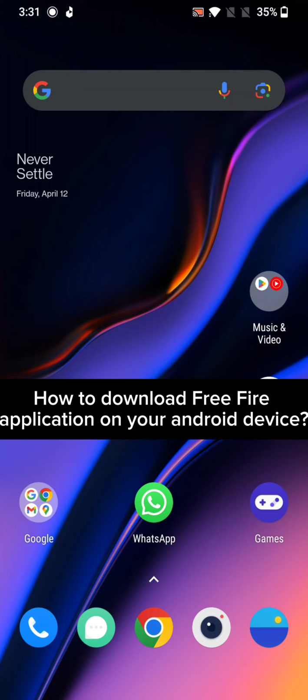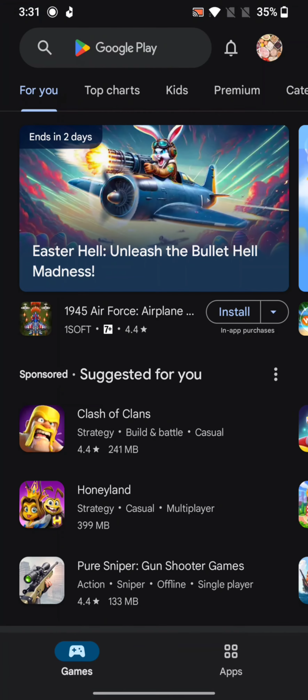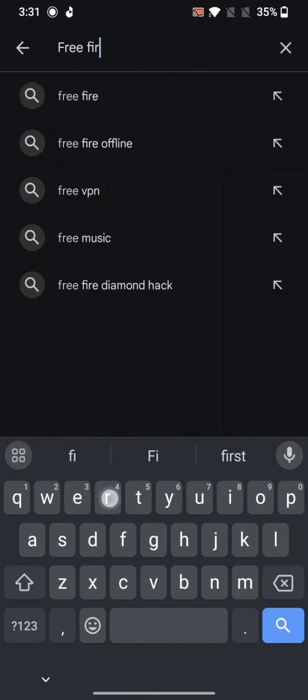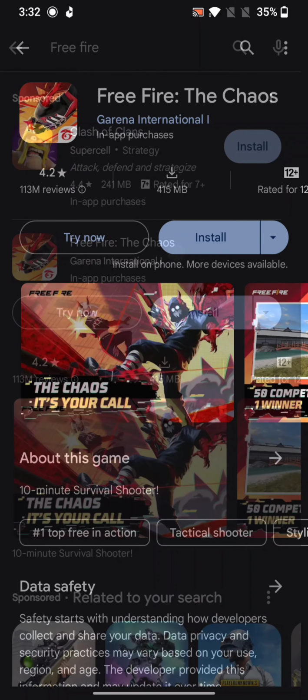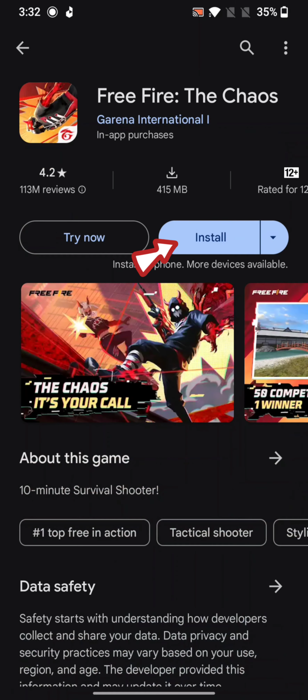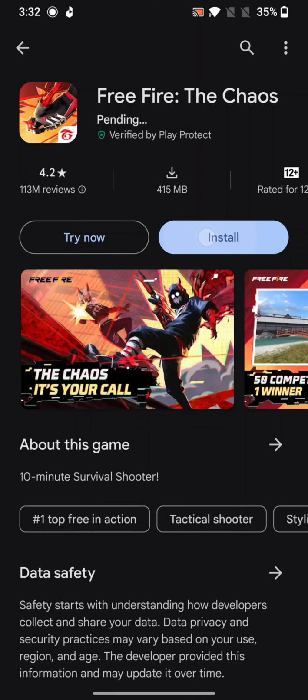To download your Free Fire application on Android device, firstly go ahead and open your Play Store. On the search box at the top, type in Free Fire and make a search. You're going to see the search results displayed on the screen. Tap on the application. Now all you need to do is click on Install button just below the application to